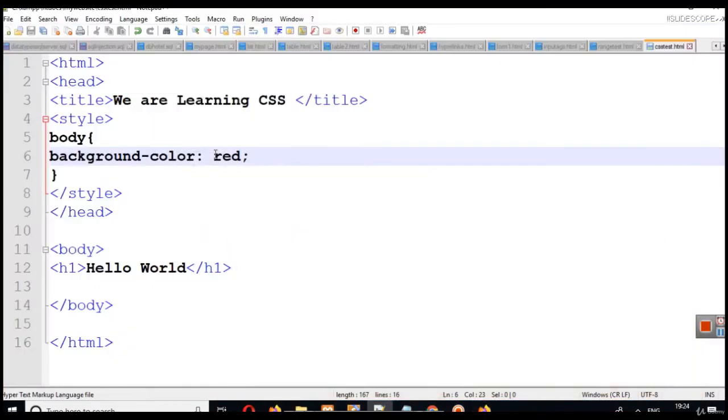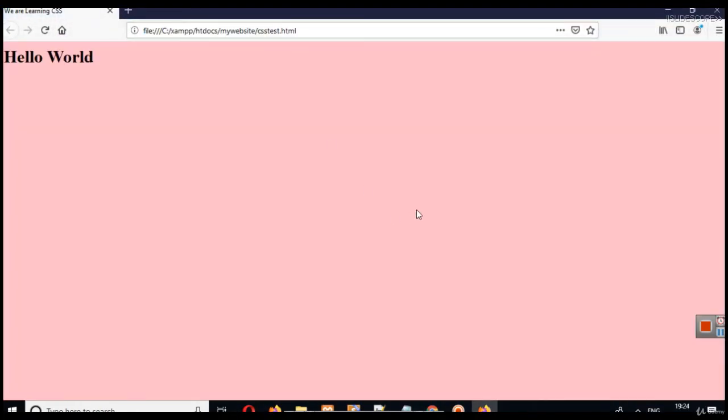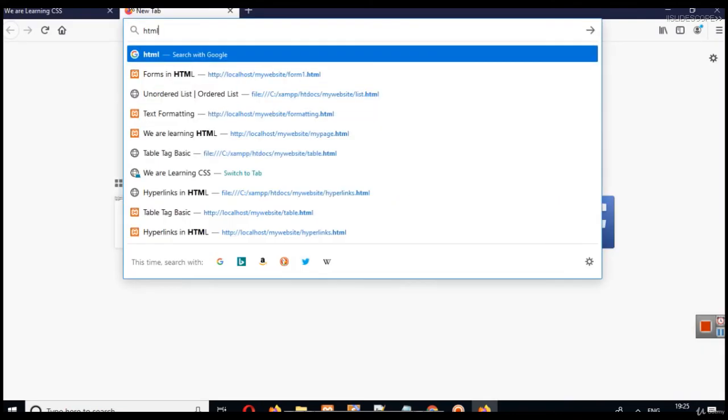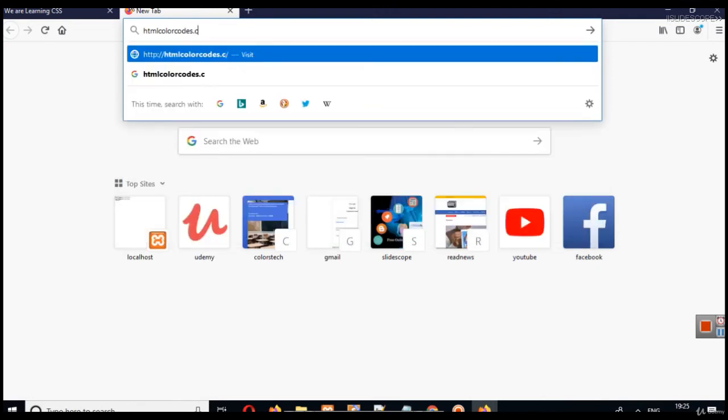So the names of all primary colors and the basic colors that are there, like pink, these are all valid colors in HTML. And if you want to create your own colors, or apply some custom colors here, in that case you can go to a website called htmlcolorcodes.com.